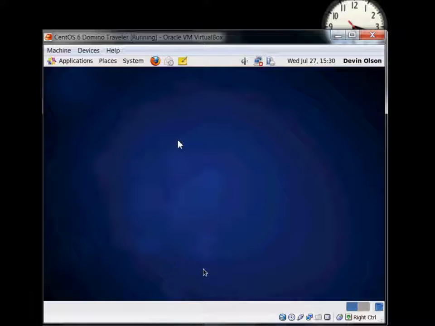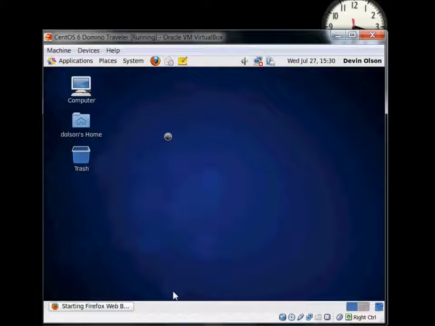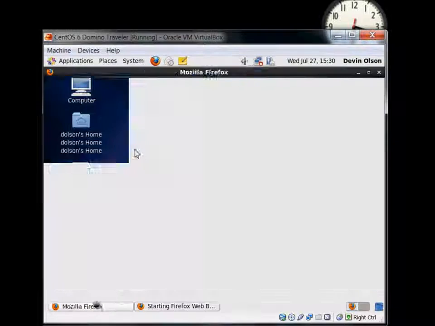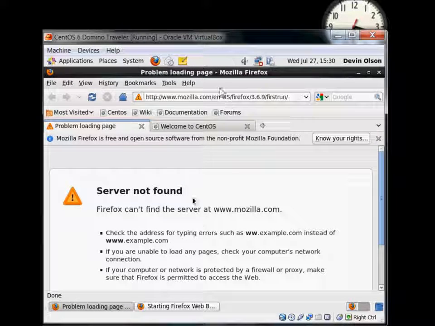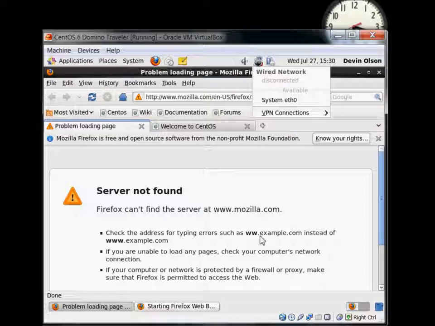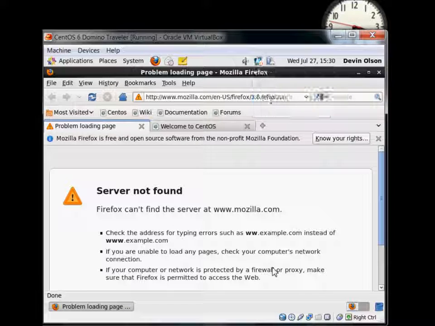One thing I want you to notice here, on your initial installation, you're not going to have internet access. See, if I bring up this browser, and I'm going to start my Firefox. Oh no, the server can't be found. Why? Well, that's because, you see this little guy right here? This little icon indicates my network activity, and by default, my Ethernet device is not turned on. So to turn it on, I need to click that one time. You'll see my network will try and load, and it's going to come up,